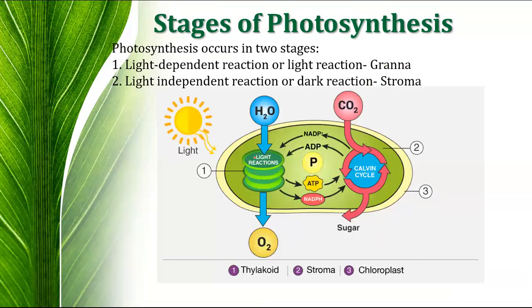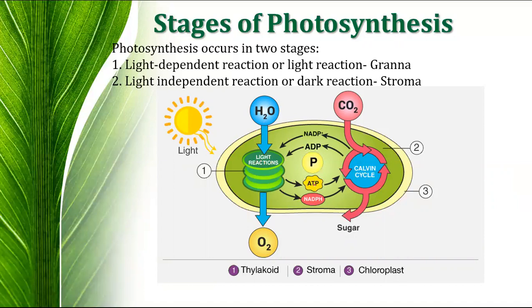Now look at this. This is the light reaction. This is the thylakoid. The number of thylakoids get arranged as stacks of thylakoid, in which the light reaction occurs with the help of water molecules. In the presence of sunlight, they liberate oxygen and form ATP and NADPH.